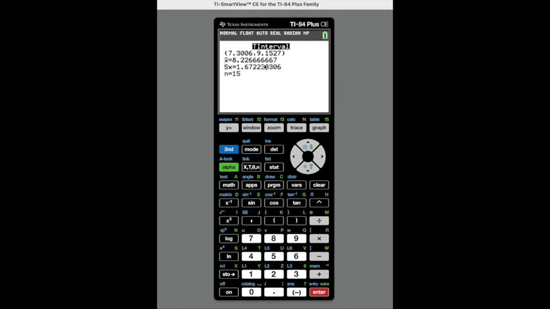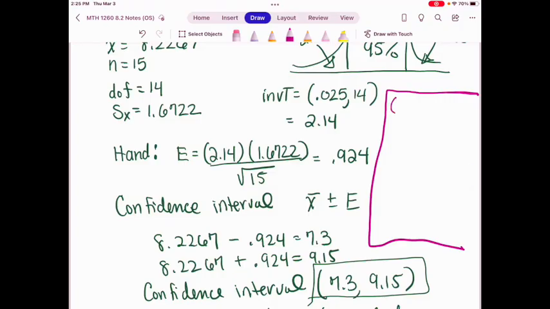Let's go ahead and practice that. So if all we knew was that the confidence interval was 7.3006 to 9.1527, if that's all the information we had given by the calculator,